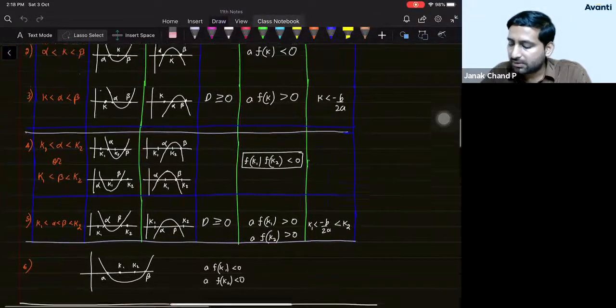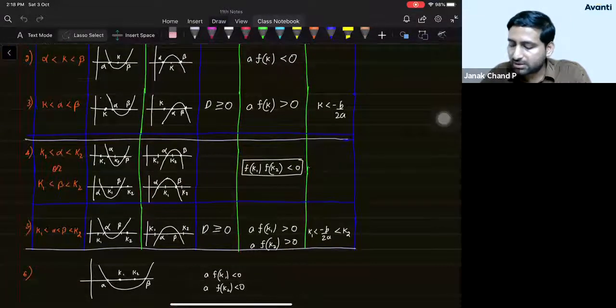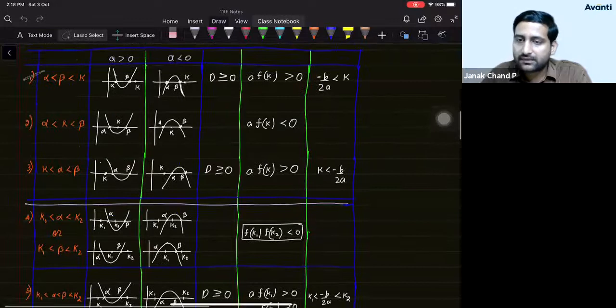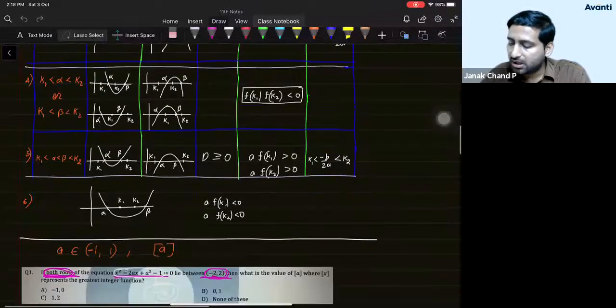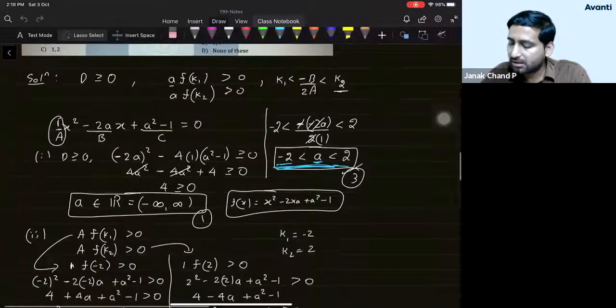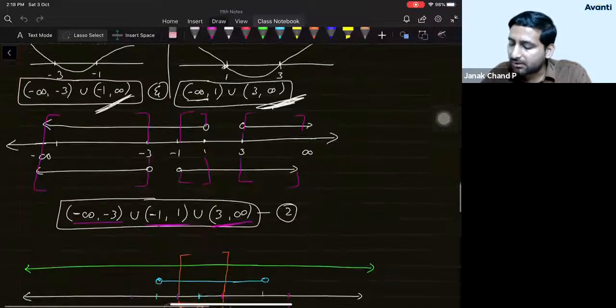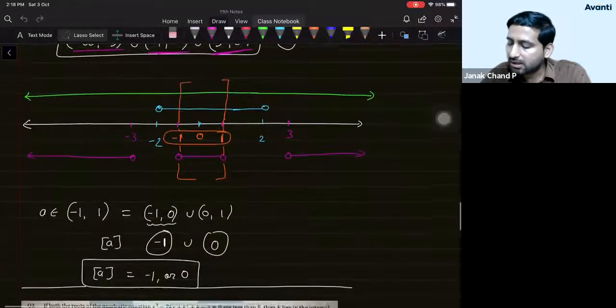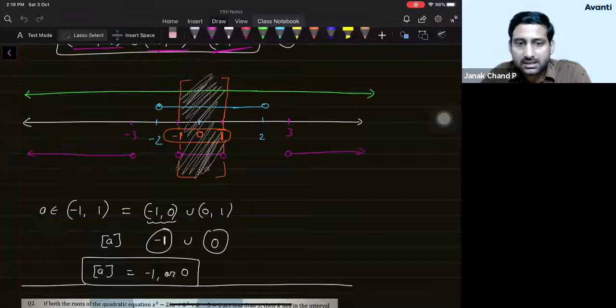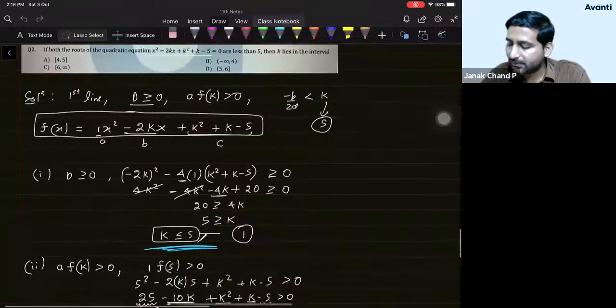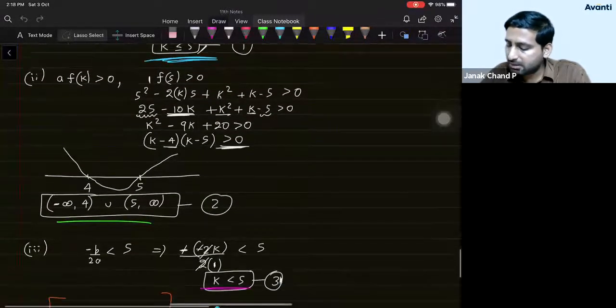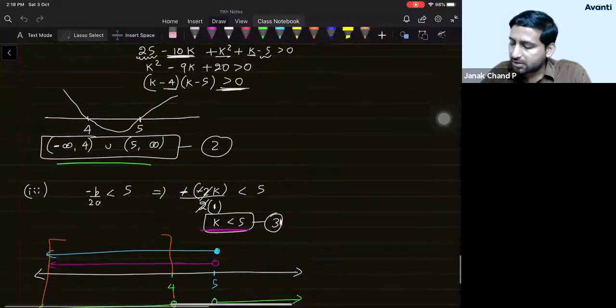So students, we have solved one question, I think, based on the fifth one and first line, right? We usually get three conditions which we should mark on the number line, and whatever common region we see in all the three colors, all the three conditions, that is the final answer. Okay, so continuing with this, students, this is the next question that we will solve.